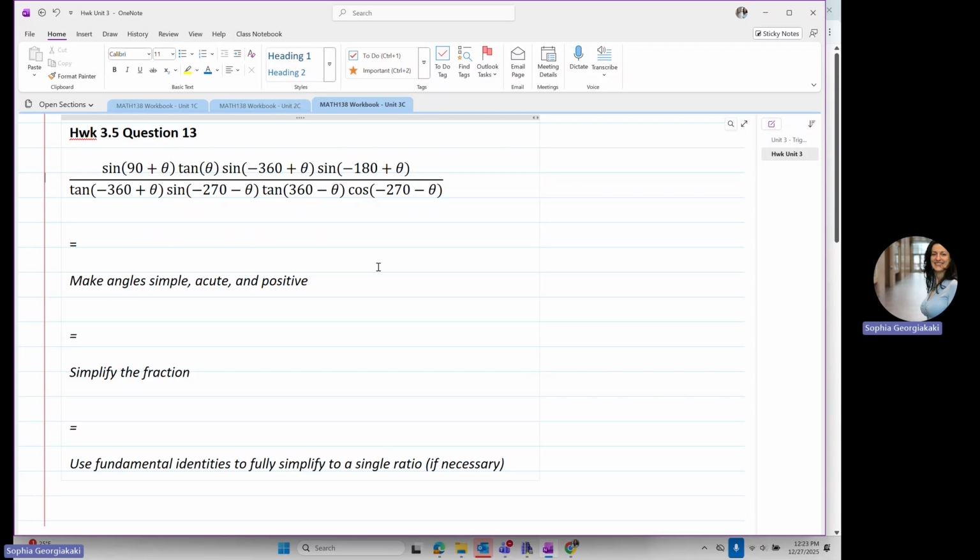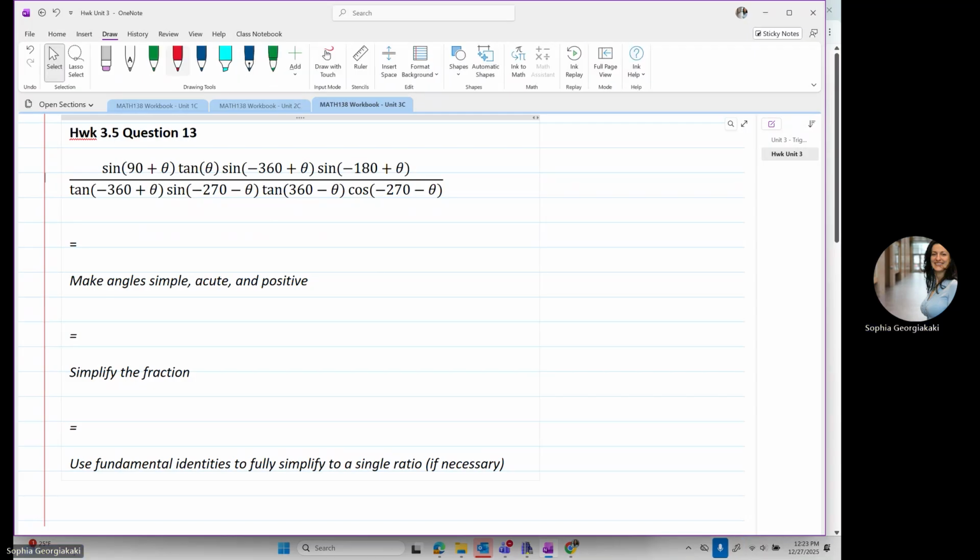This assumes that theta is an acute and positive angle. Then simplify the fraction, so cross off common factors, and then use fundamental identities to fully simplify to a single